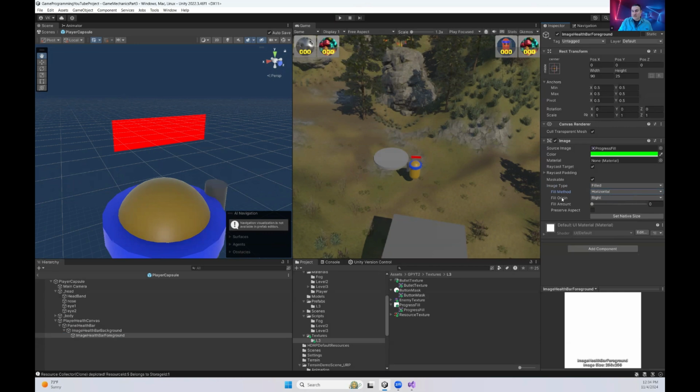The fill origin, where do you want the fill origin to start and where do you want to end? And basically this fill amount attribute is going to control the fill amount of the image. So right now it's at 0. If I keep on increasing this, you would notice that it's filling, and as we reduce it, the background gets